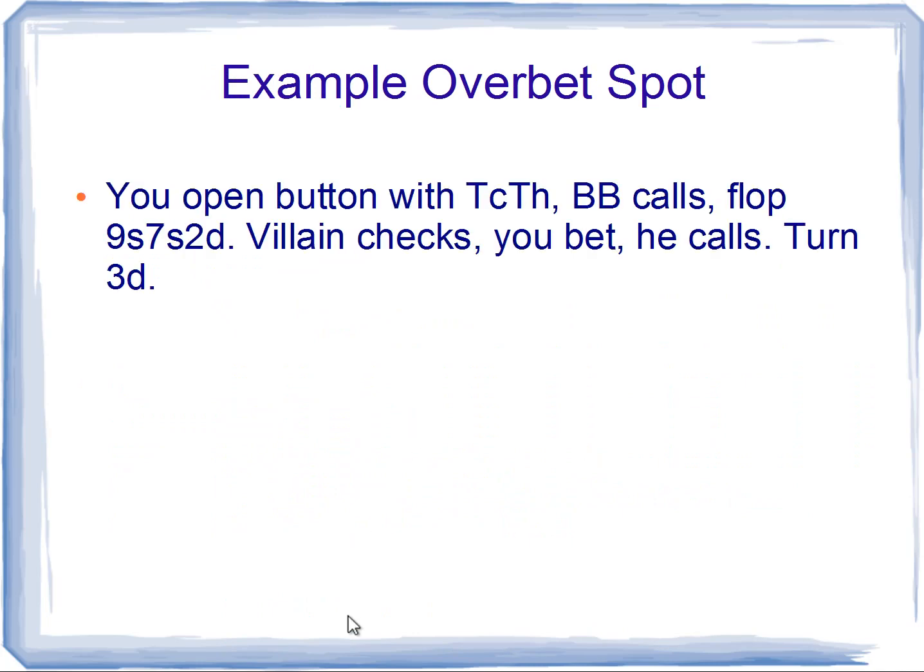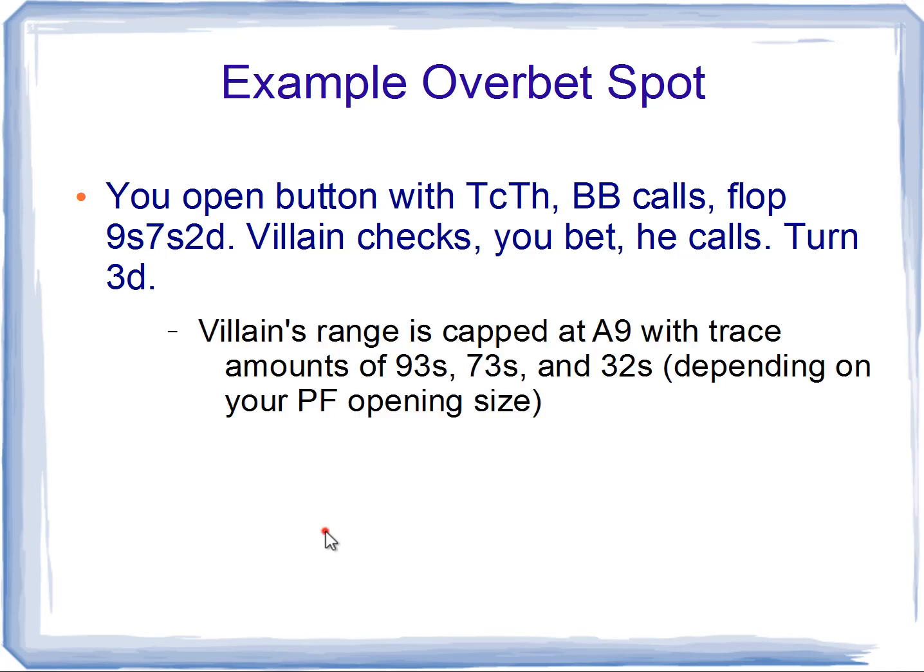Okay, so we're going to just power through an overbet example. You open the button with pocket tens, the big blind calls, and the flop comes ace 9 high with a flush draw. Villain checks, you bet, he calls, turns the 3 of diamonds. So the first thing you should immediately notice on this 3 of diamonds turn is the big blind's range is pretty much going to be capped because he would have raised all his sets and two pair on the flop most likely. So because villain's range is capped at ace 9